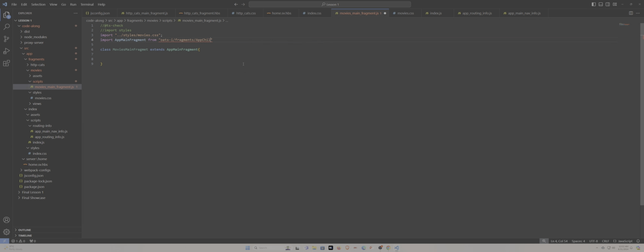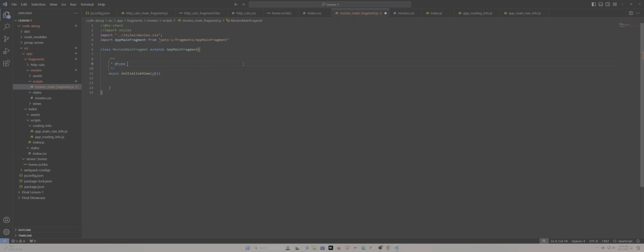Sorry, main fragment. And then we'll have our initialize view. We'll override the initialize view method of that callback. Specify its typing just to make sure